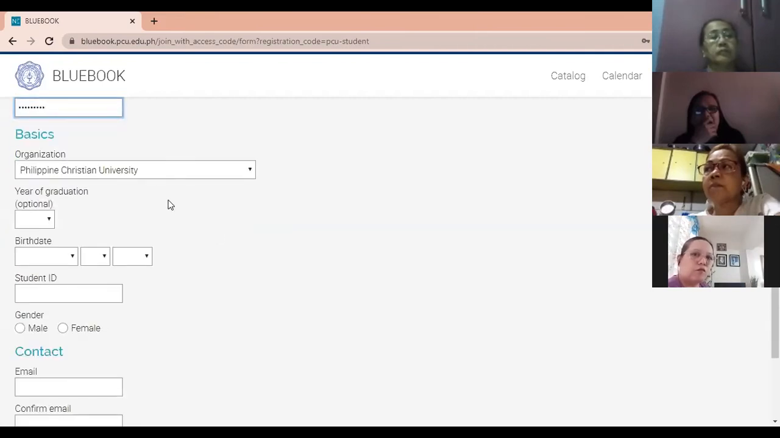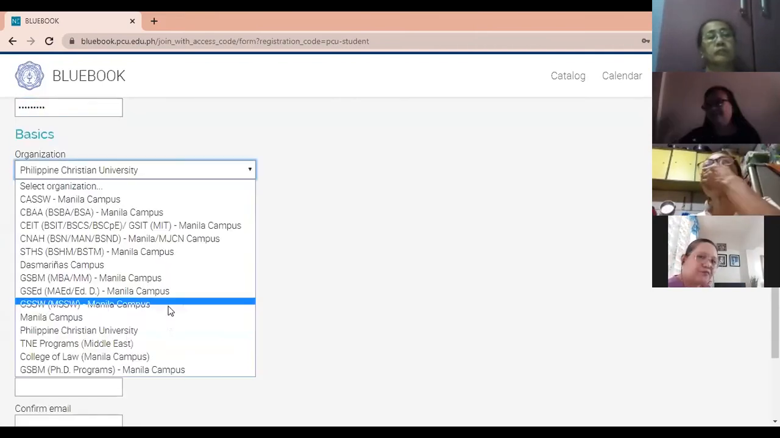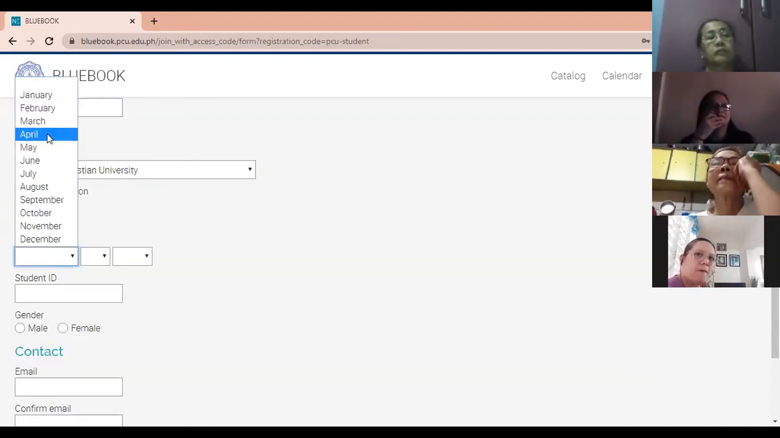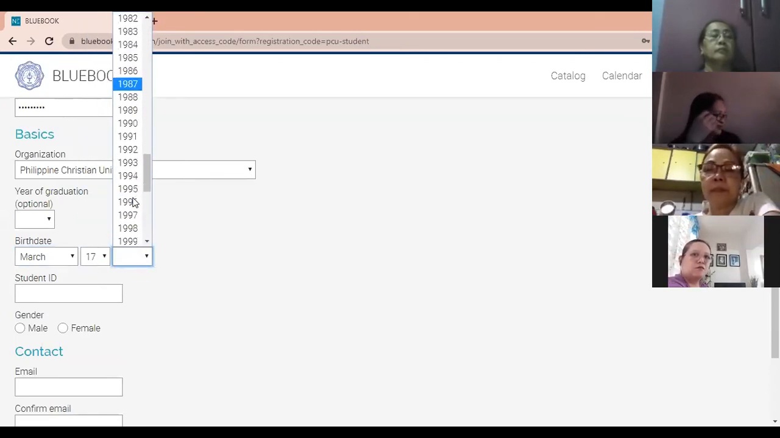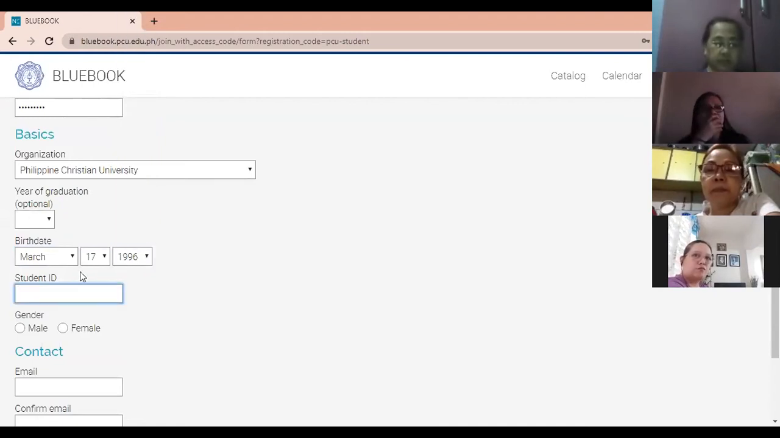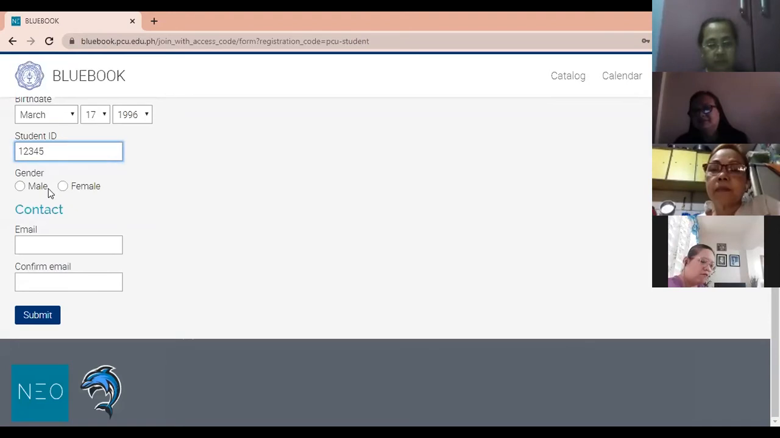For the basics, the organization is Philippine Christian University. Then for my birth date, March 17, 1996. For my student ID, it is the student ID number located on my ID. For the meantime, I will just type in 12345. Now for the email, this would be my PCU Gmail email account, so I will just type in sherwin.montales